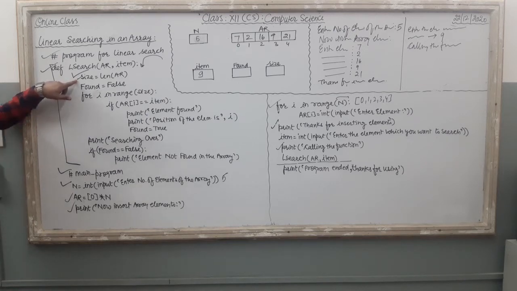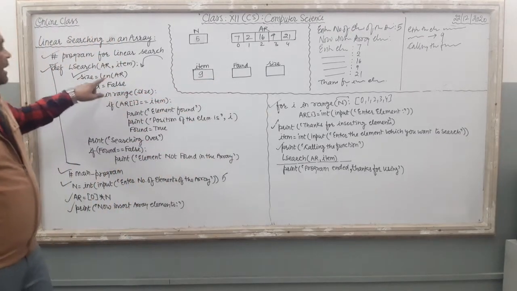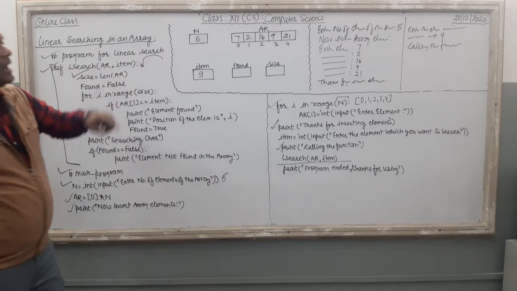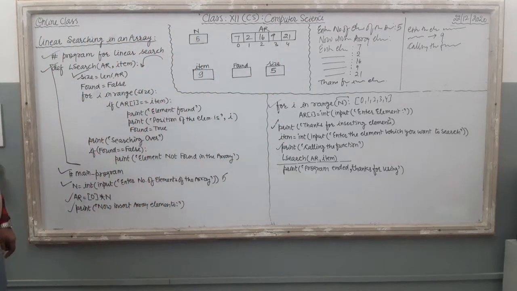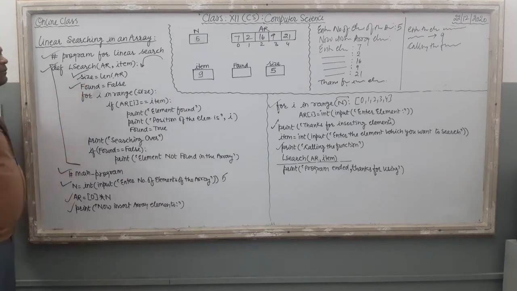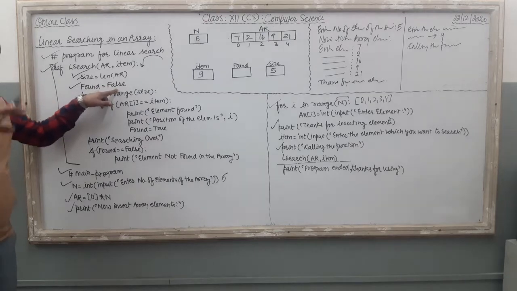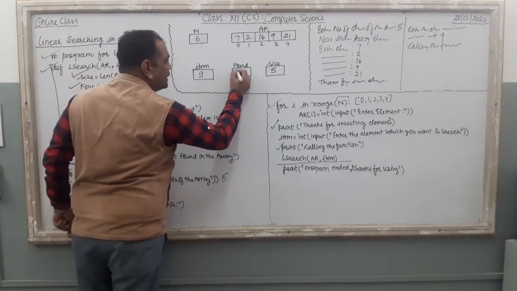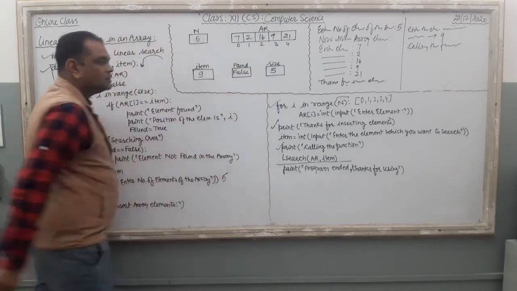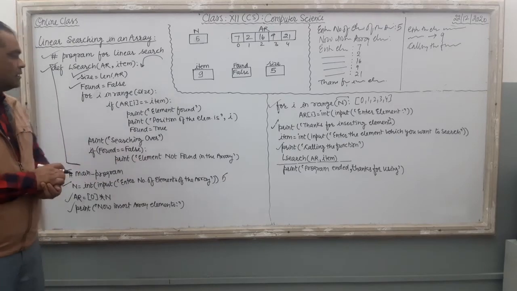Right after the calling. Here size equal to len AR, the first line. Size variable is created. Len function, len AR, what is the size of AR? It is 5. So in the size variable 5 is stored here. Then found equal to False, one variable is created with the boolean value True or False. These are the boolean values. क्लियर? तो फाउंड में मैं लिख देता हूं इट इज फॉल्स। देन ऐसे दे दी मैंने वैल्यू फॉल्स डाल दी। आप 14 को डिजिट उठा के लिख दो, देयर इज नो हार्म इन दैट, राइट?